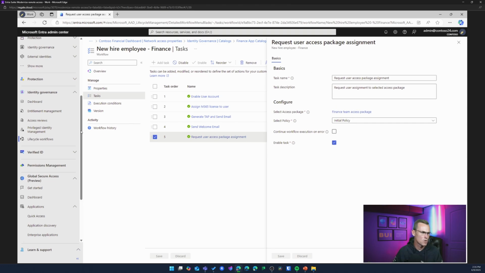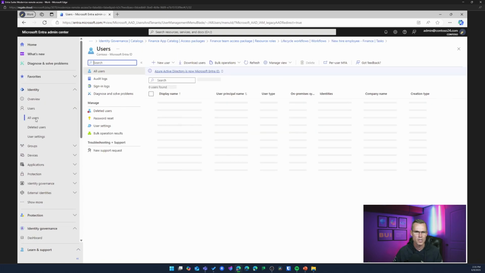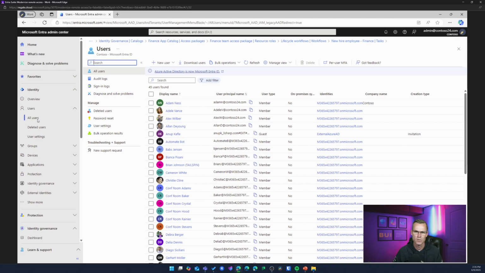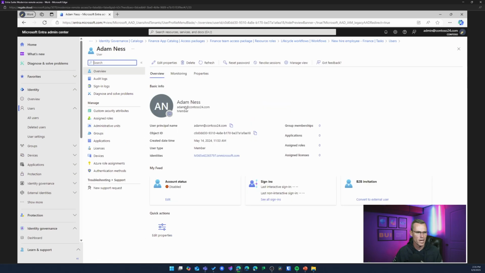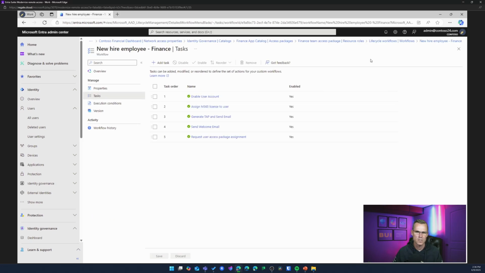So we're going to scroll down here and we're going to go to users, and we are going to be taking a look at some of our internal users. Remember, Adam is a new person who's joining. So let's go into Adam's account. We're going to change the properties because Adam is definitely working for finance. We can see there at the bottom, right? Just to confirm.